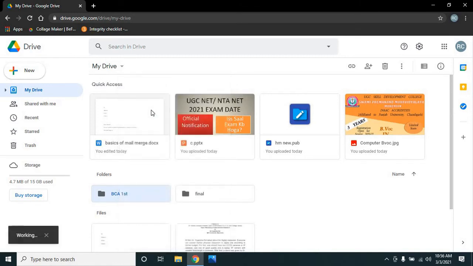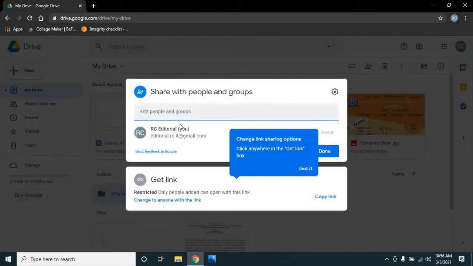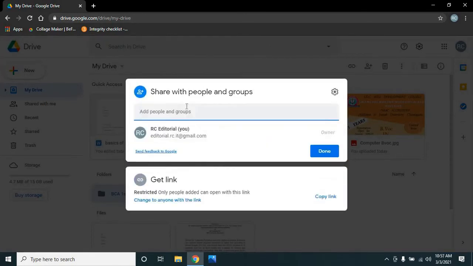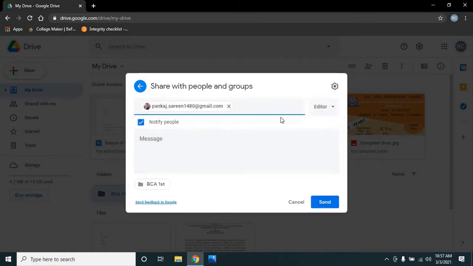So when you click on share, just wait. See, you can get the link from here, as I have already told you, or you can share with persons. For example, I want to share this folder with this person, fine. And what can he do?